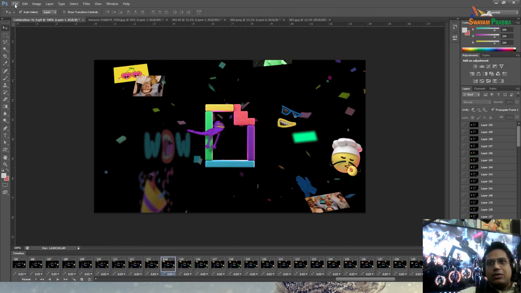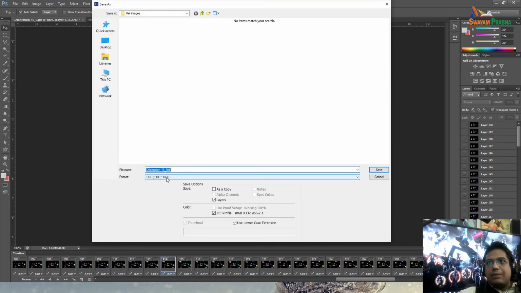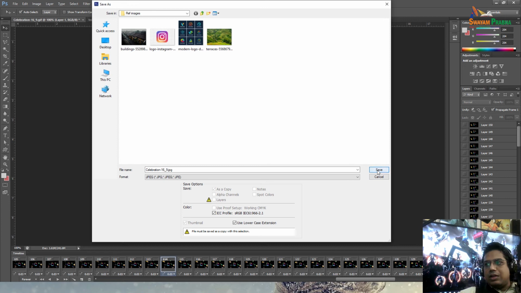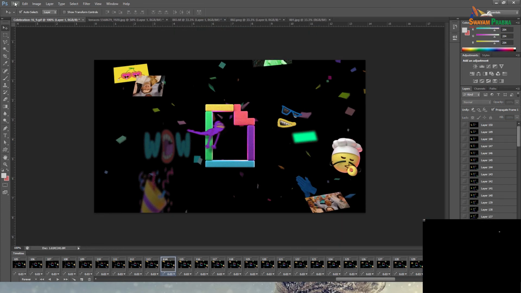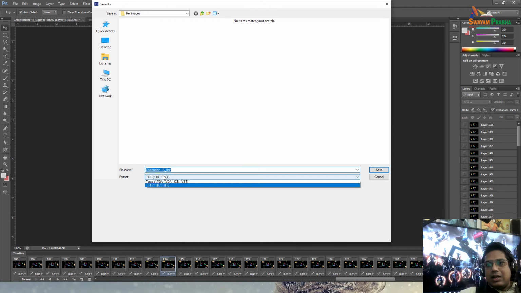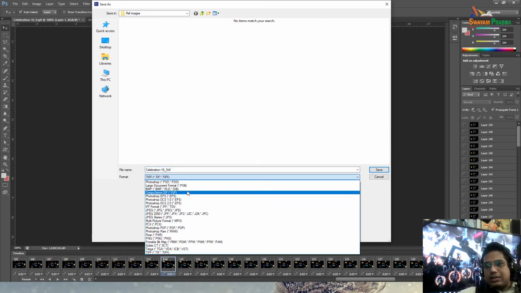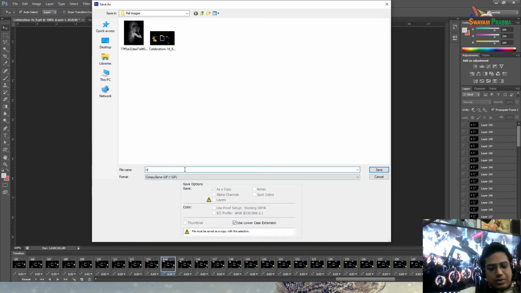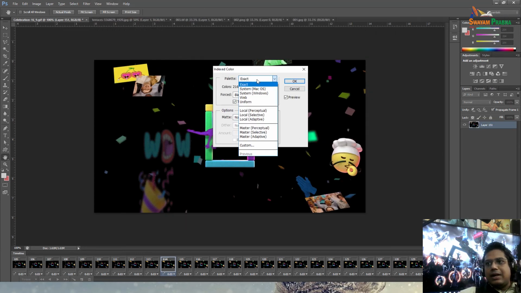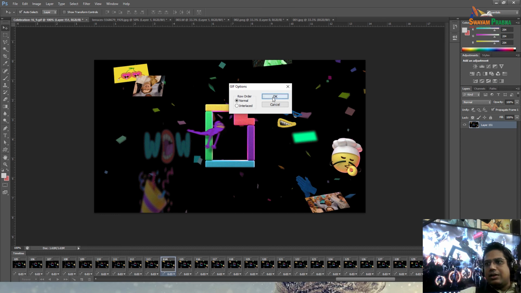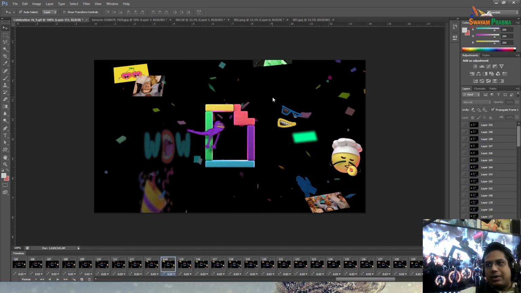Simply what I am doing, going to File, Save As, and I am saving the file as, for example, creation.jpg. Now see what will happen, hit OK. And second, File, Save As, and here I am using the GIF again. Where are the GIF file formats? GIF, CompuServe. I am putting the file name as new and saving it. Okay. So for palette, they are saying exact, force, black and white, transparency. Also I want to save the transparency. Hit OK. GIF option, row order, it's normal, simply keep it normal.